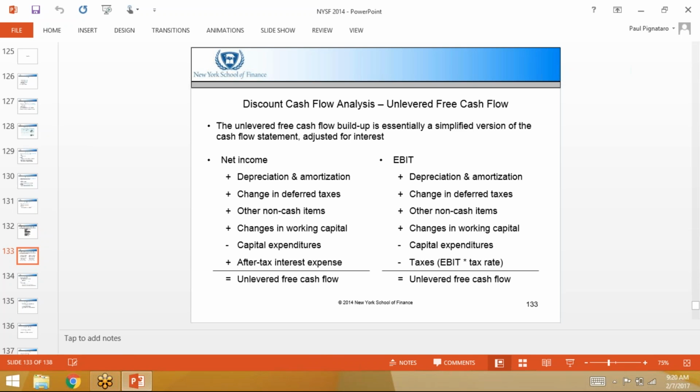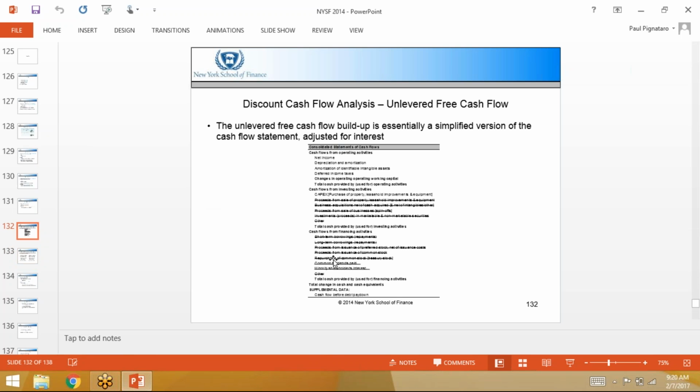Because basically what we're doing is, if you look at a full income statement, the full cash from operations, cash from investing, cash from financing, you want to convert that into unlevered free cash flow. Unlevered free cash flow is free to all equity holders and lenders, so void of capital structure. So we basically wipe out every component, every line item related to financing activities. We want everyday cash flow that's from everyday operations, everyday activities,